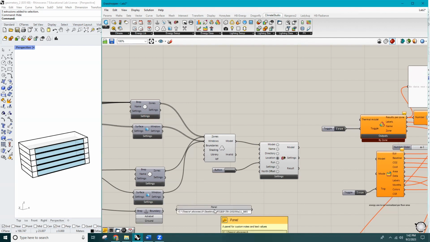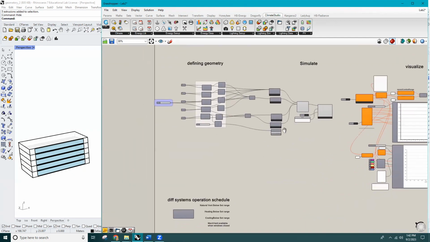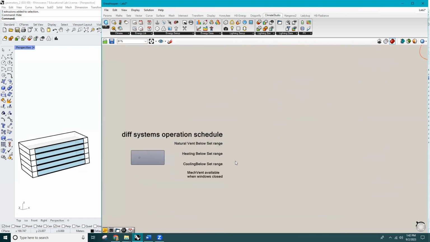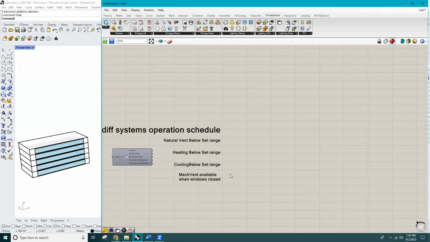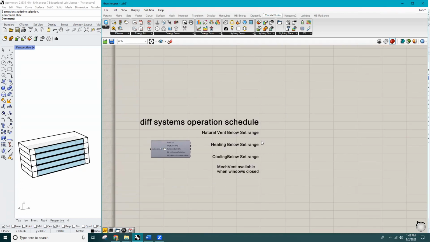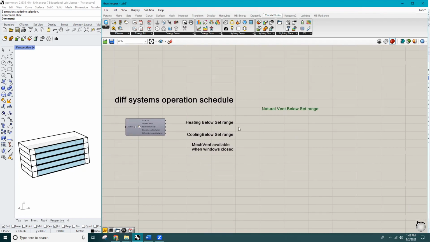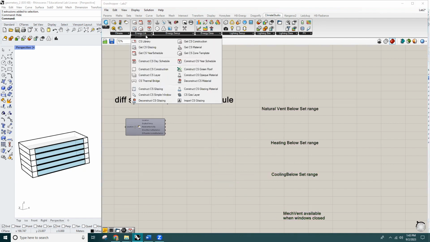I need to do one more step before running the simulations. I need to make sure the building operation system is not running all together. Let's say you want to use natural ventilation, but you don't want the windows to be open while the cold air coming in and heating system constantly running to heat up the indoor space. So I need to define running schedules based on the outdoor temperature and pedestrian thermal comfort that we learned in